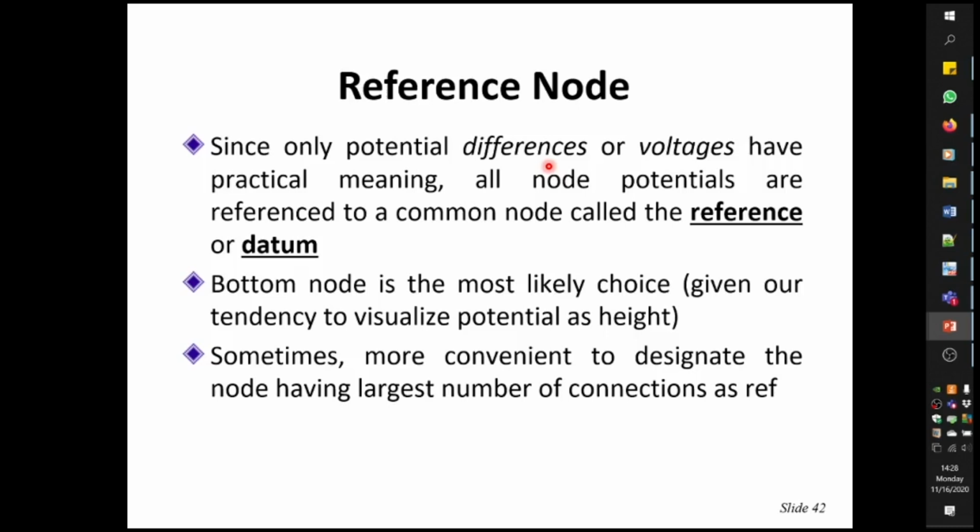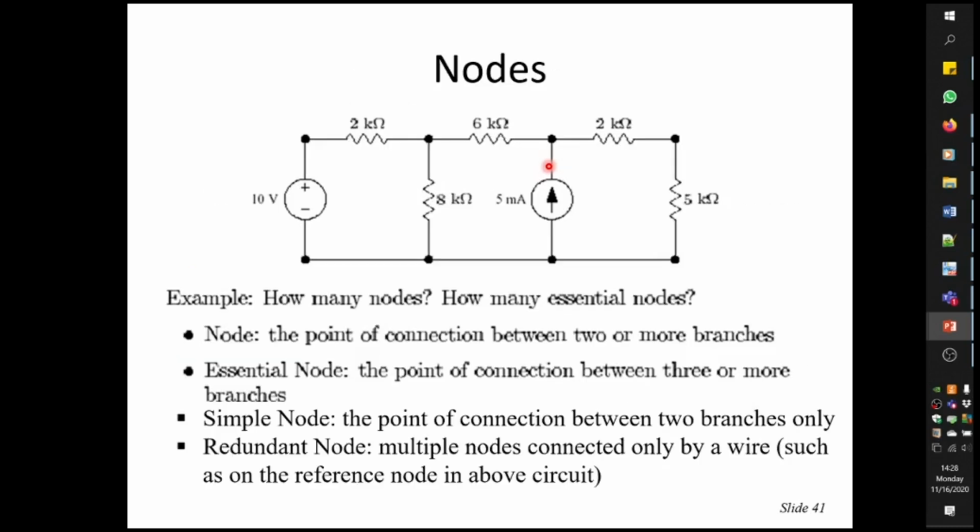Therefore, when we say potential difference, we tend to think of it in terms of height, right? So तो एक तो पॉइंट ये है कि कोई भी एक रेफरेंस नोड को टिपिकली हम बॉटम मोस्ट नोड कंसिडर करते हैं क्योंकि हाइट के ऊपर दूसरा जो नोड है उसका वोल्टेज हम कंसिडर करते हैं. दूसरा पॉइंट ये है कि